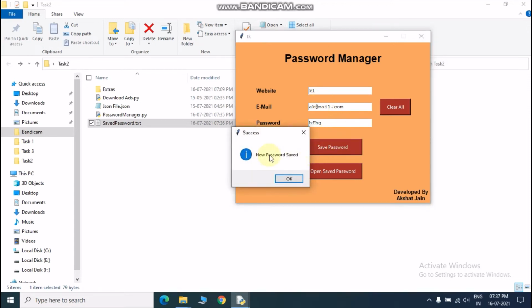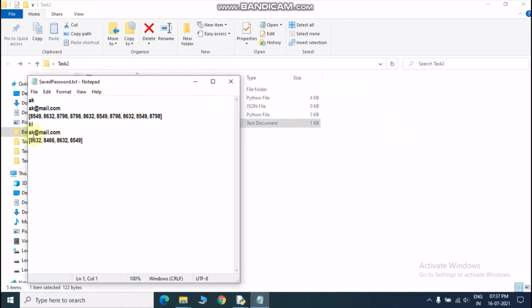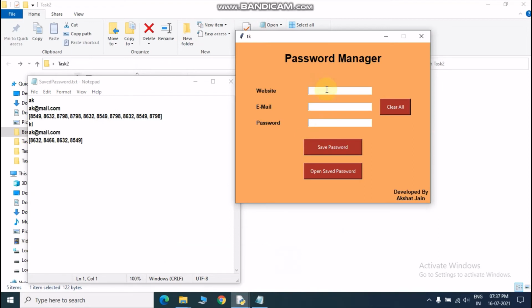Then we will get an alert that new password saved, and after this we open this, then we get a new block here. So now I want to see what password has been saved. Suppose I typed AK, and in mail I typed a@mail.com.